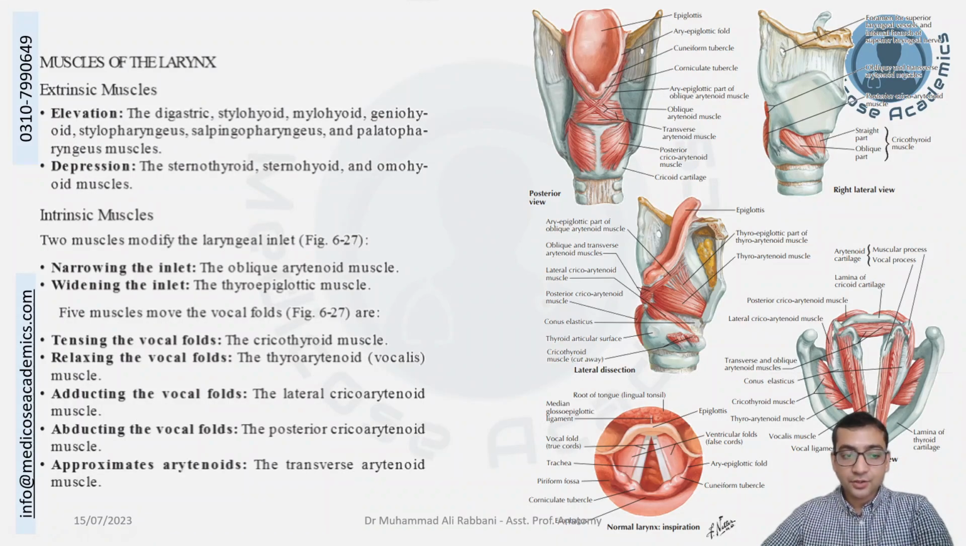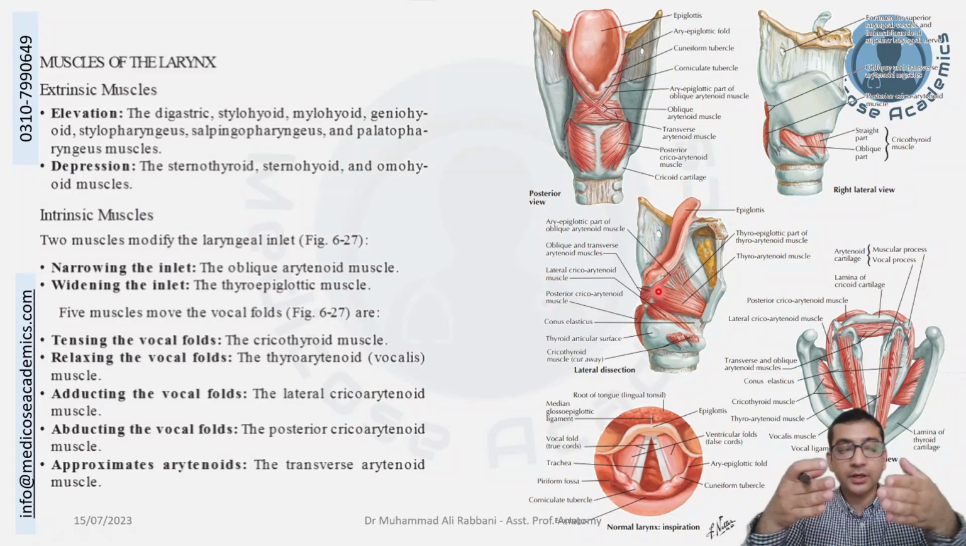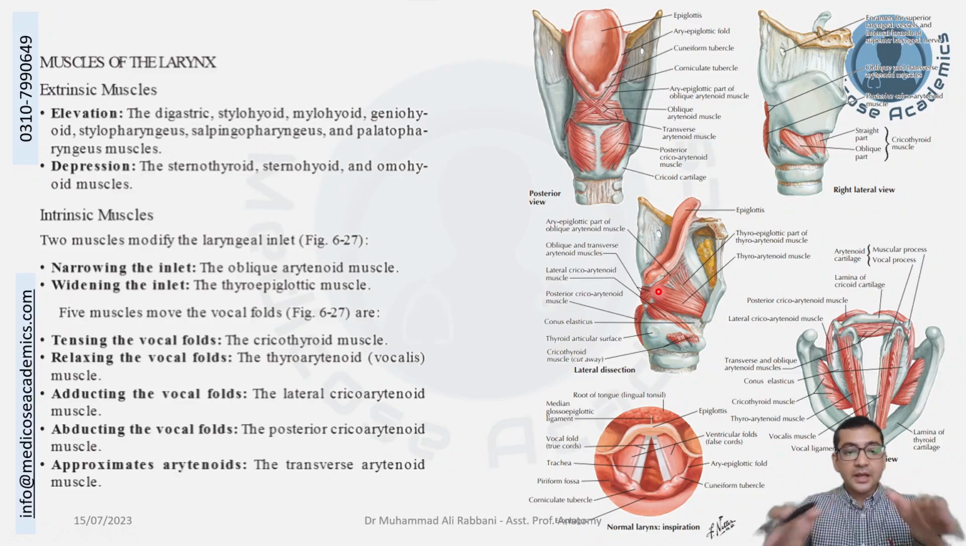The adduction of the vocal cords was due to the lateral cricoarytenoid muscles, turning the arytenoid cartilages medially. Abduction was by the posterior cricoarytenoids, abducting like this, and approximation of the arytenoid cartilages itself. They are occurring due to the